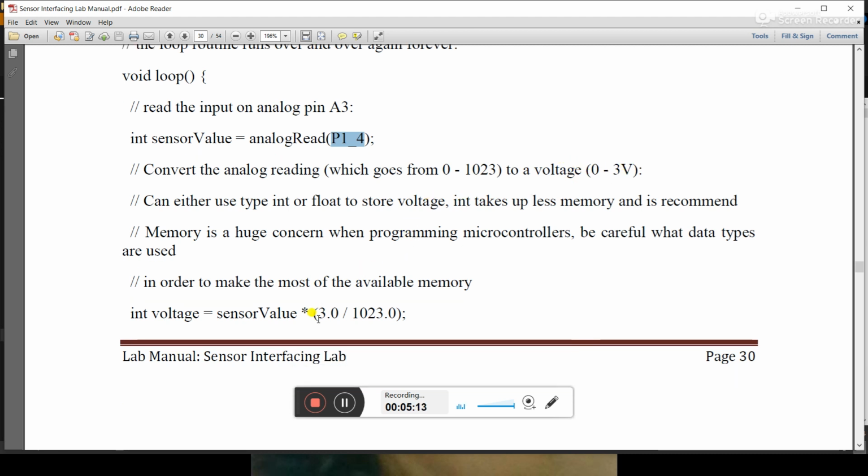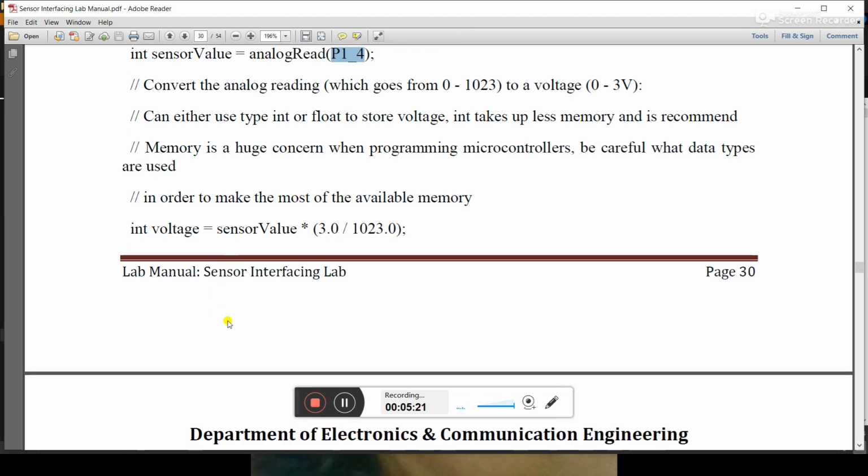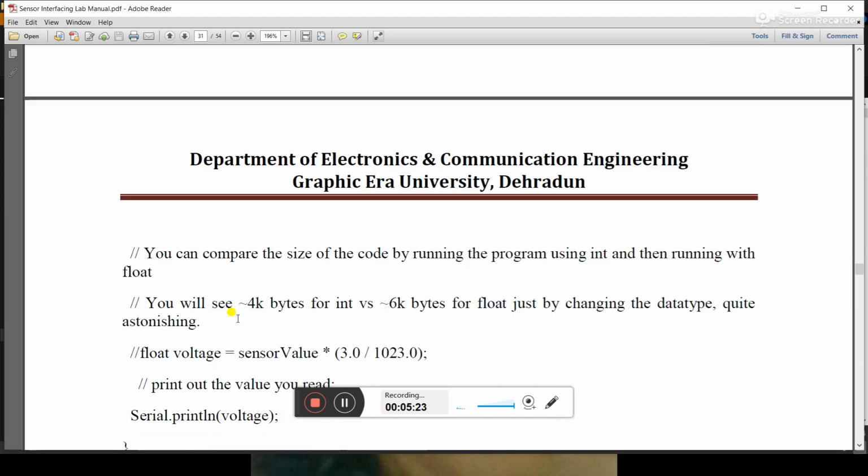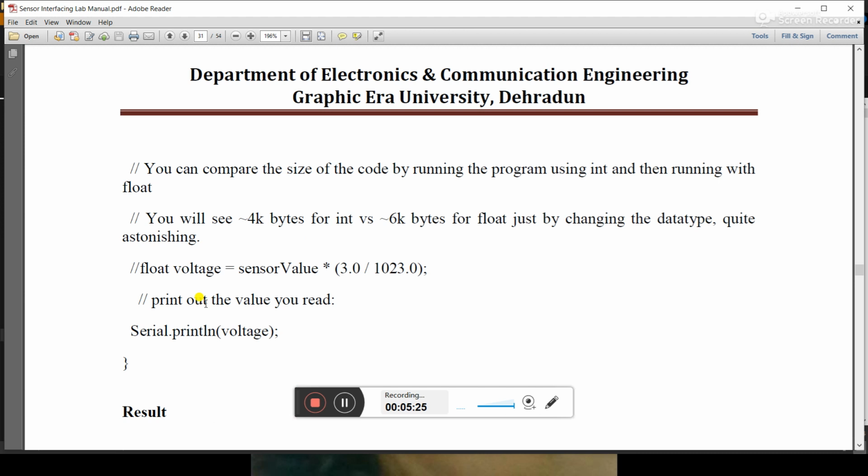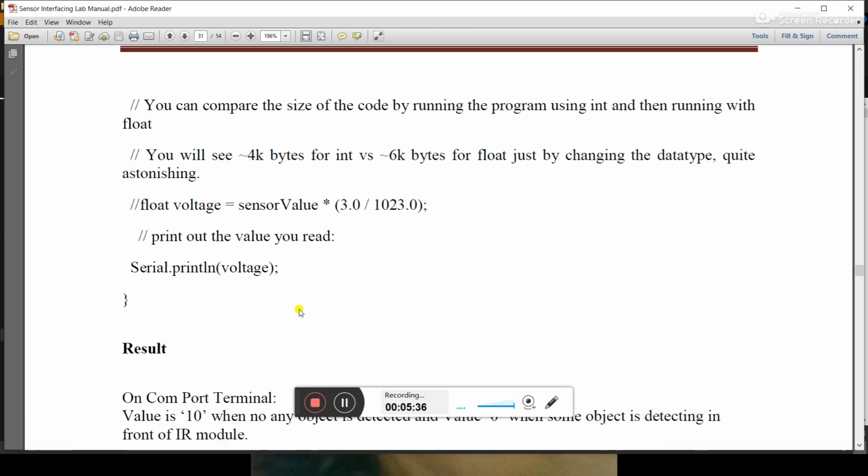Because 3 volts is the maximum, we are dividing this value by this, and we will get the sensor value, and this value will be multiplied with this, and we get the exact voltage available at the port. In the same code you can check the values for floating point also. In the same code you can print this value on the serial port.